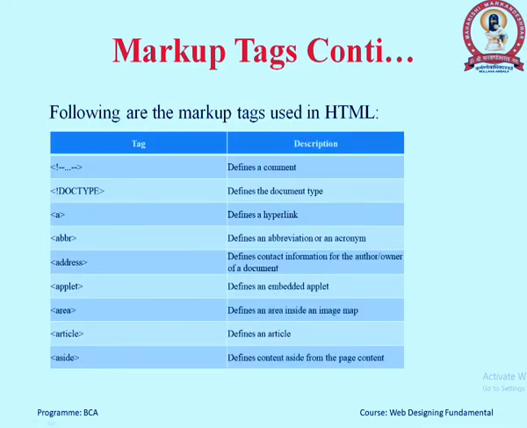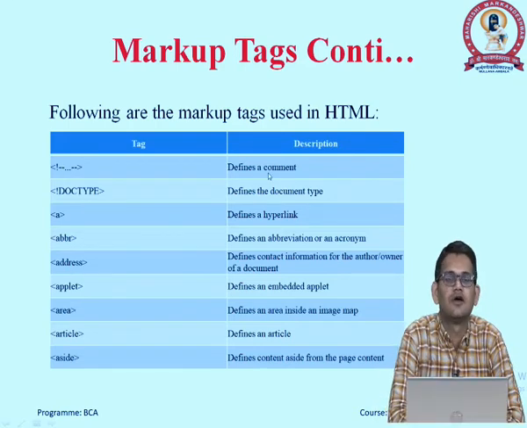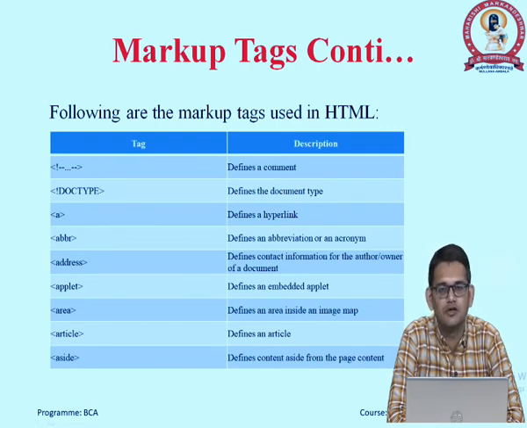Now let us see what different types of tags are available. I have covered almost the maximum of the tags which are available in HTML. Let us start with the first tag. This tag is specifically used to define a comment. So, what are comments? Comments are code or lines written on a page which cannot be executed, meaning these are for our own understanding. This code will not be executed by any machine or any browser.